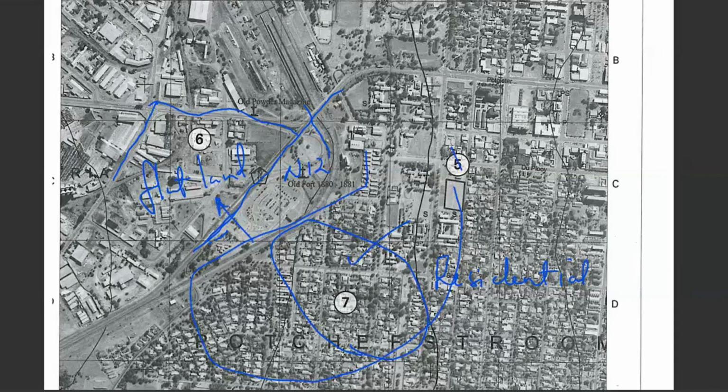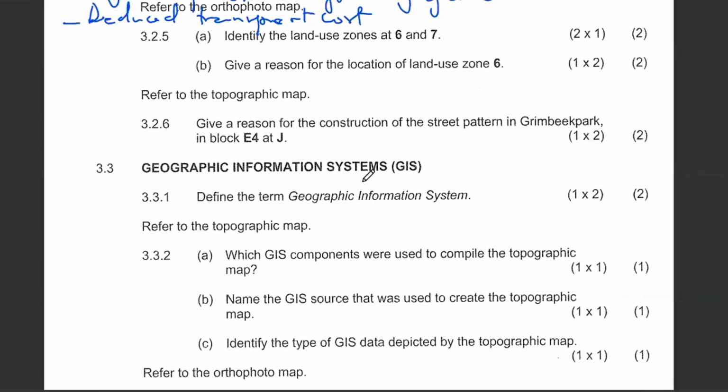The next question is saying, give a reason for the construction. We've done that. We move on to GIS, which is our question 3.3. Define the term geographical information systems. But when we're defining this, we define it in very simple terms because it's a common term from grade 10. In grade 11, you are asked the same question. So in simple terms, you can say it's a computer system